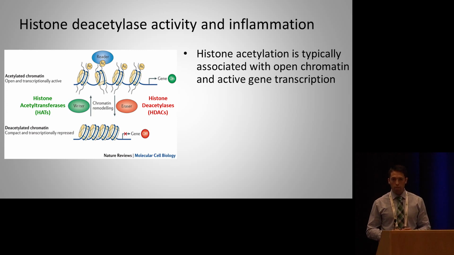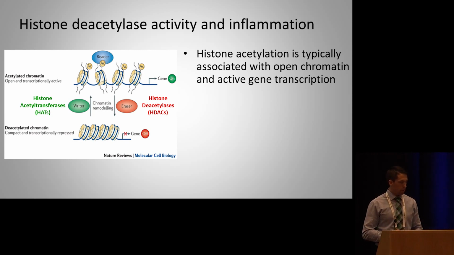Histone proteins can be modified by the addition of various chemical groups. One modification is acetylation, adding an acetyl group to lysine residues on histone proteins. Generally speaking, histone acetylation is associated with active gene transcription. It's thought that histone acetylation loosens the interaction between DNA and histones and neighboring nucleosomes, resulting in a more loose, accessible state. These acetyl marks can also serve as molecular docking points to recruit transcription factors and